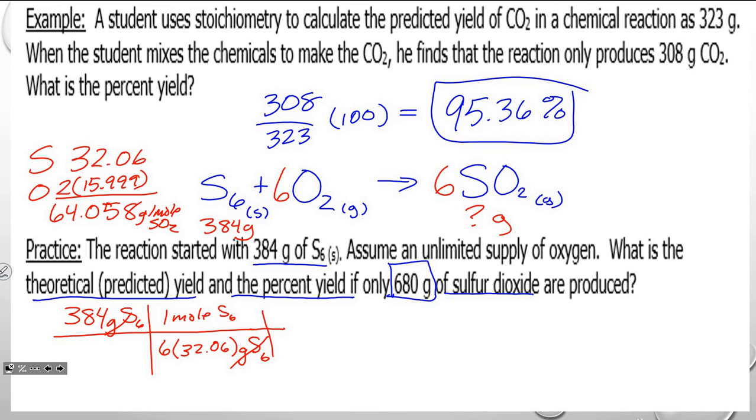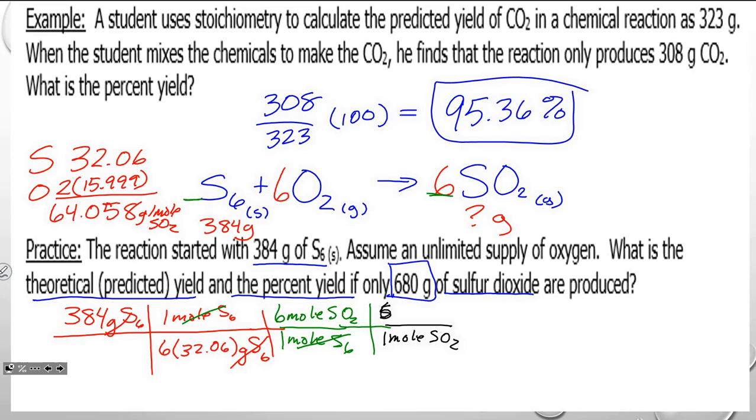Once I've got to moles, then I can go back up to the equation. At the equation, I'm looking at the coefficients between the two that I want to trade between. I want to get rid of S6, so it's going to go on the bottom, 1 mole S6 on the bottom. On the top, I'm going to put 6 moles of SO2. At this point, moles of S6 go out. Then I'm going to use what we just added up, and I'm going to put 1 mole of SO2 on the bottom,